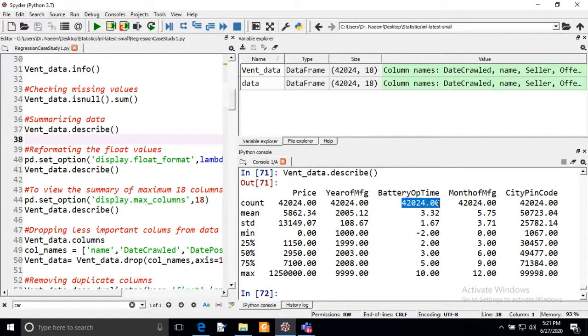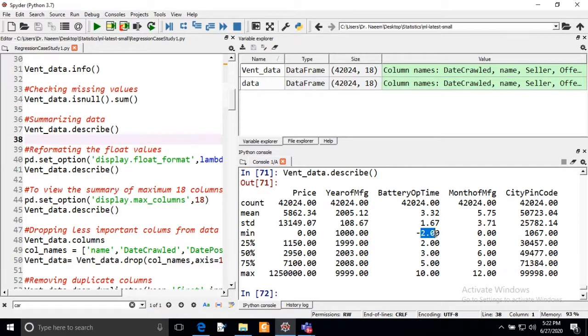Now for battery operating time, the mean is 3.32, and if you compare it with the median, it is 3. So if this column has correct values, we will almost get the correct values, and we will later see this by plotting the histogram of this column.